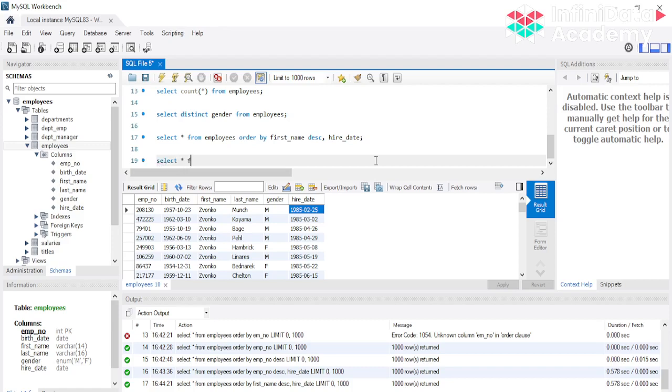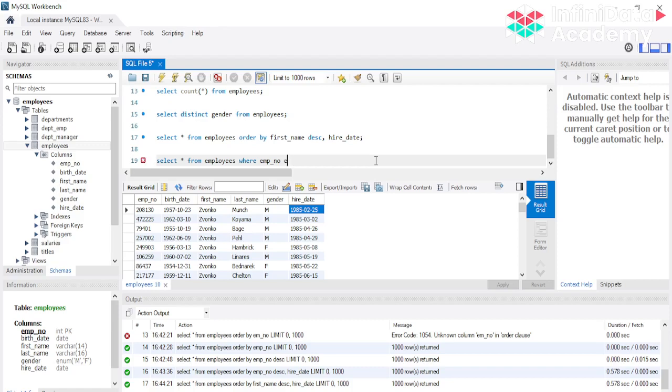Let's see, select star from employees again, and this time I'm going to select specific employees where your employee number lies between some values.